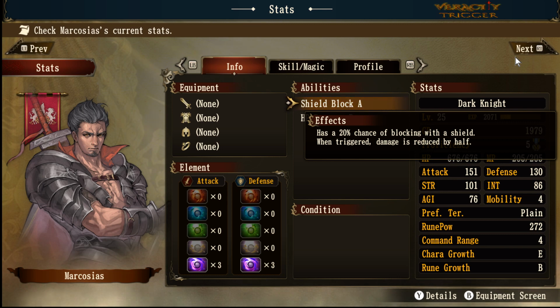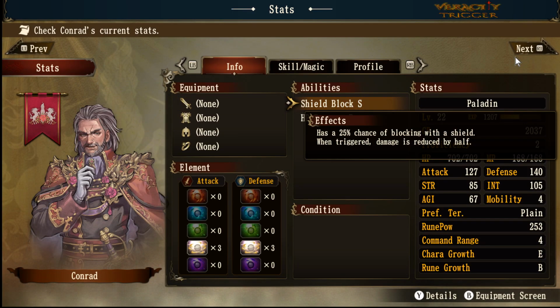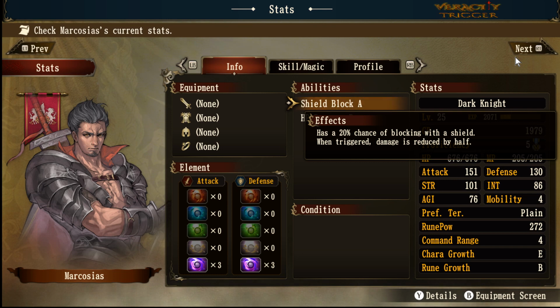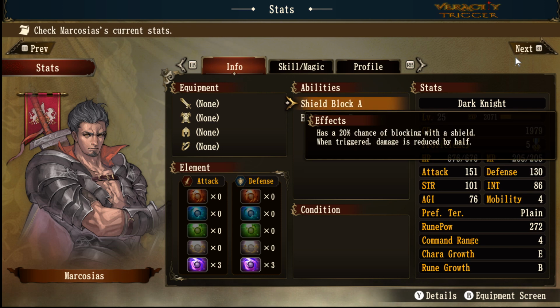I'll have to look at that again. Why don't we just go do that? Yeah, right there. Shield block for Paladins is 25. Shield block for Dark Knights is just 20. Yeah, that's amazing. I thought there might be something like this, but I never really thought about it too hard. But there it is. So Dark Knights don't get as great a shield block as the Paladins do,